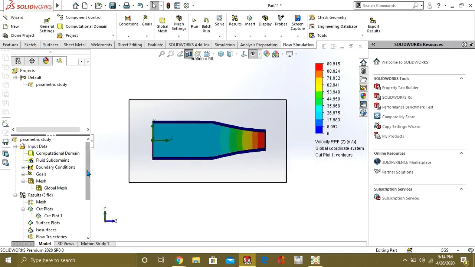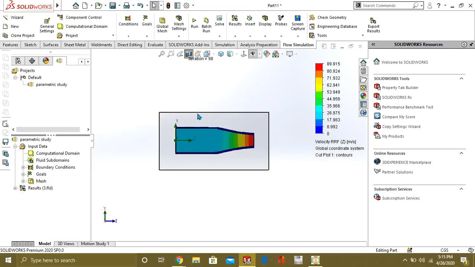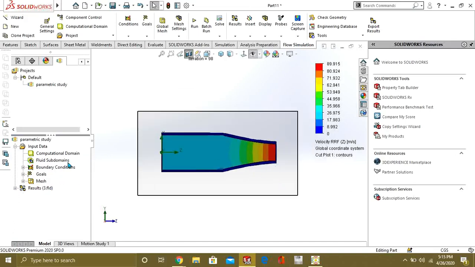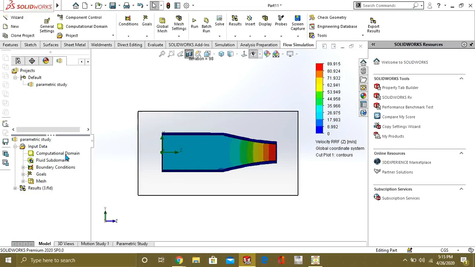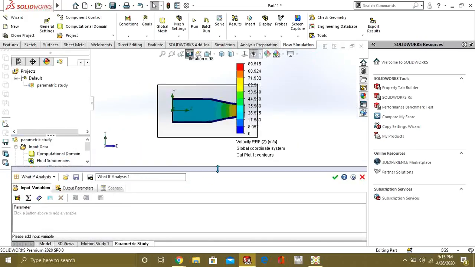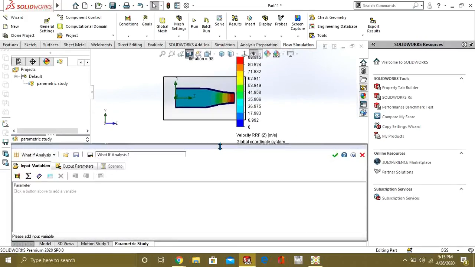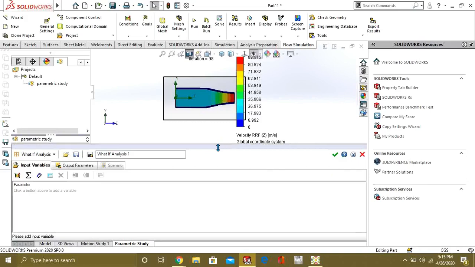So now we will see how we can use parametric study with different boundary conditions. We will go to parametric study, right click from here and go to new parametric study. So you have this tab in your flow simulation, and from here it is written what-if analysis.